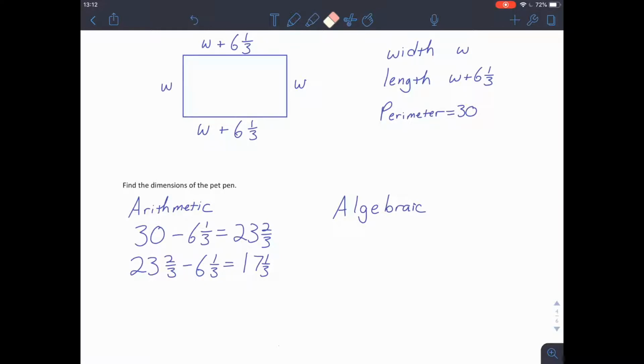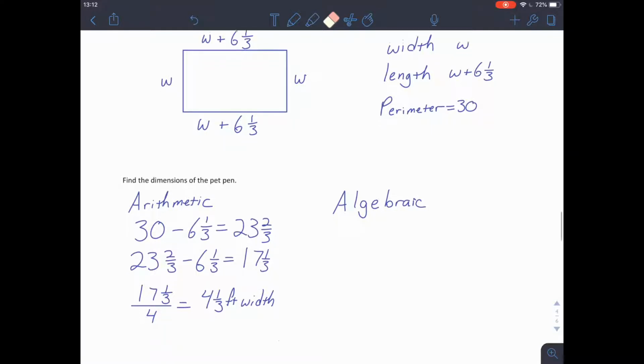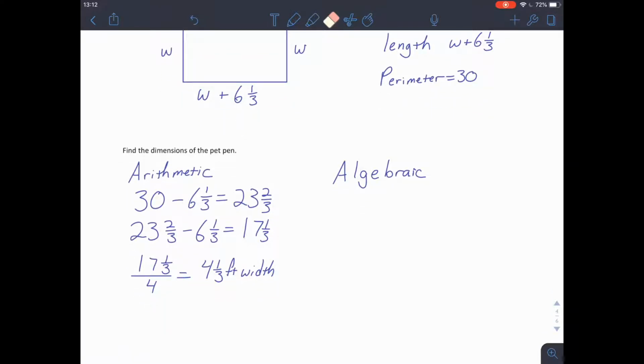That 17 1/3 has to be shared with my two width sides, and then also with the width-length pieces of my two length sides. So there are 4 sections that are going to be the same amount to give me that 17 1/3. So I can divide it into 4 equal pieces to find that the width would be 4 1/3. My length will be 6 1/3 longer, so if I add that together, I get that my length would